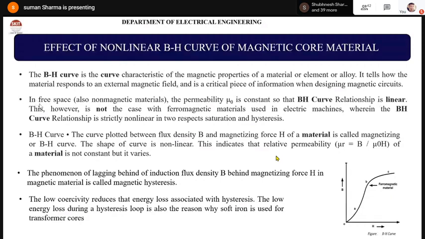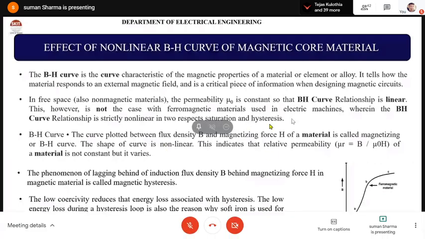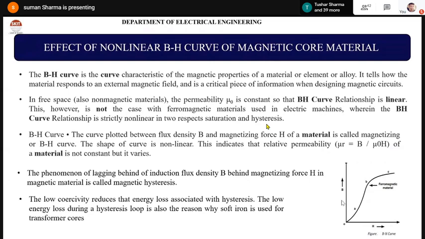B is equal to mu naught H. That is not varying, but it is not the case with the ferromagnetic materials because they have a non-linear characteristic. The ferromagnetic materials are used in electric machines wherein the BH curve relationship is strictly nonlinear in two respects, that is saturation and hysteresis. Hysteresis means lagging behind effect and saturation means it will become constant after some time. Whether you increase H, B will not increase and it will achieve the maximum value. That is called saturation,